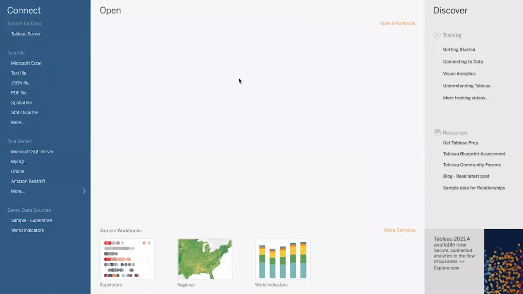Before moving forward to the next slide, I want to give you a brief tool intro, how it looks and what things are there. This is Tableau Desktop, where we usually create all the reports. Whenever we open Tableau Desktop, we get these options. This is the connect option. Tableau provides the facility to connect with flat files, such as Excel, CSV, JSON, PDF, and spatial files. Spatial files are files which contain lat and longs, graphical representations of maps, and statistical files also.